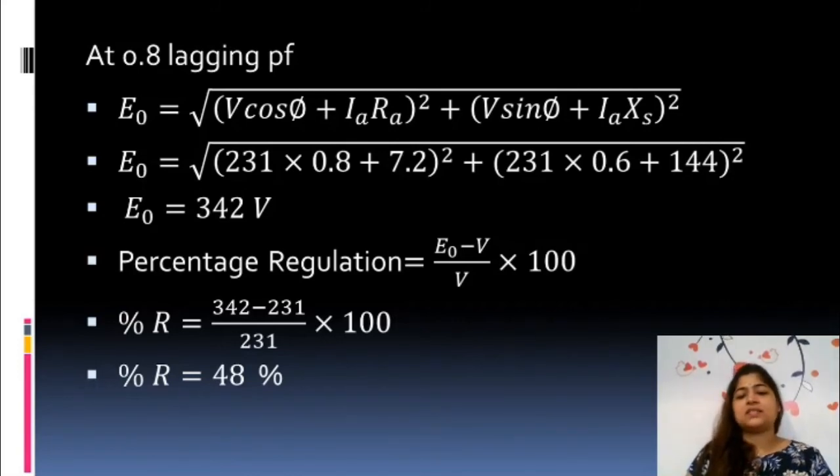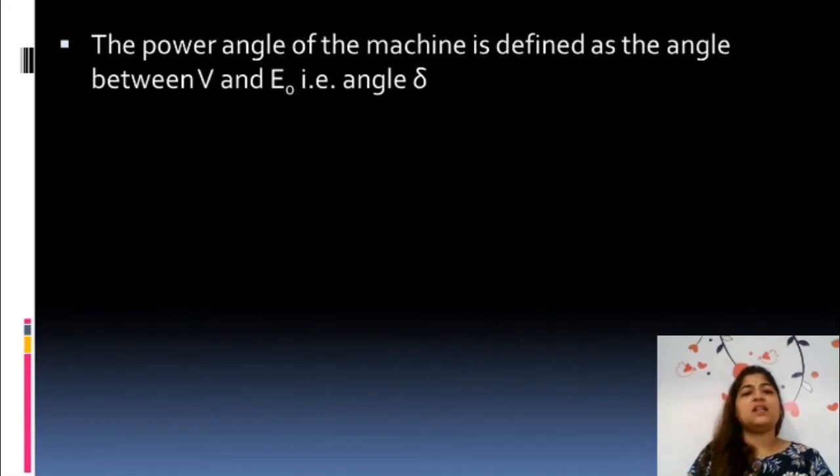So let's try to understand what is power angle. The power angle of the machine is defined as the angle between V and E, as Nachiket said, and it is denoted by angle delta. जब मैंने आपको फेजर डायग्राम पढ़ाया है तब मैंने आपको बताया है कि एंगल बिटवीन V and I is phi, while the angle between E and V is delta. Okay, this is the value, and this is also called as power angle. This is also called as load angle.